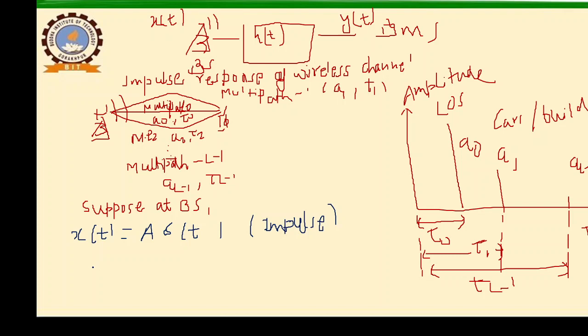Then this delta is known as the signal impulse. Then at the mobile station